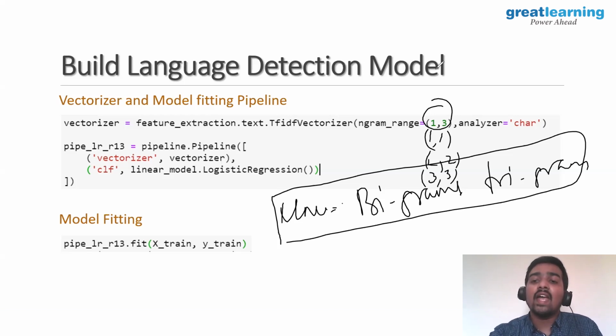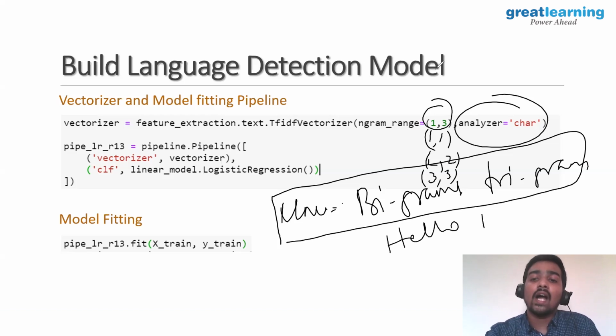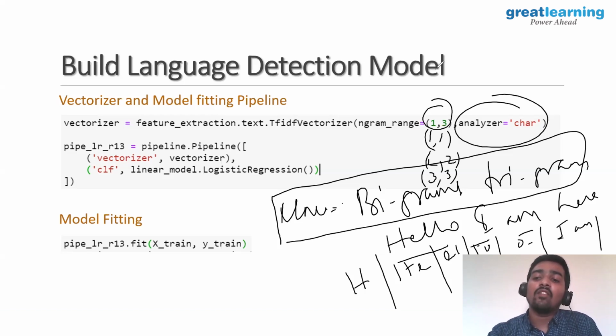Okay, what is this analyzer? This analyzer is whether it's character or word. Here we are not going word by word, we are going character by character. If you take this example, hello I am, we are not taking hello, I, and am word by word. We are going character by character, which means that H will be one feature, HE will be one feature, EL will be one feature, LO will be one feature, again O space will be one feature, I, and again A and AM will be one feature, like this.